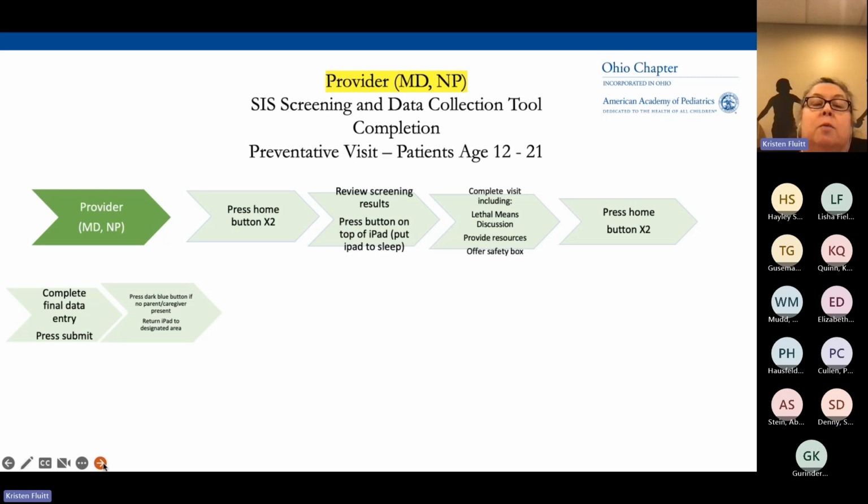If they are, there's a dark blue button. If they're not present, there's a dark blue button that you would press, and you're done. The iPad will refresh itself back for the next data entry. If the parent is there, you would push the light blue button, and then it would take the parent to